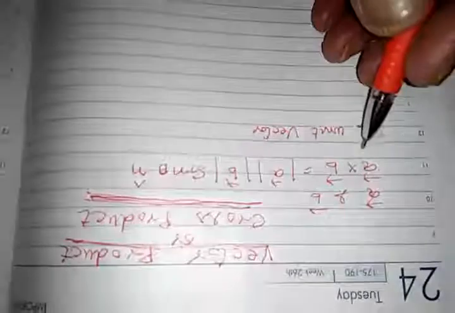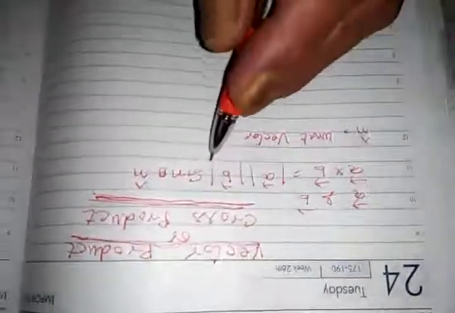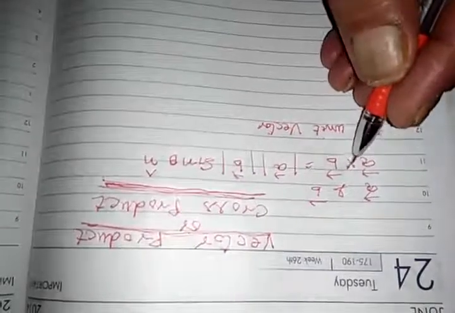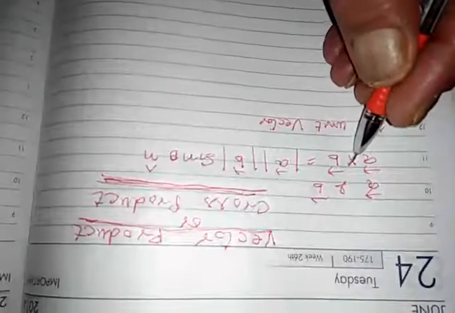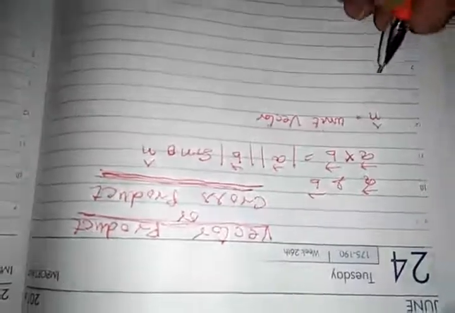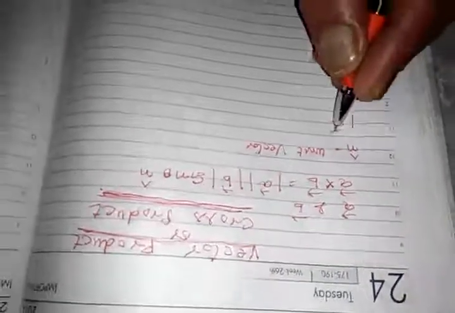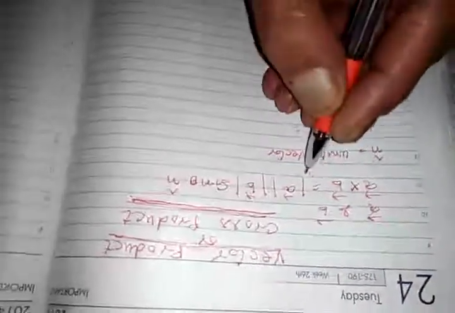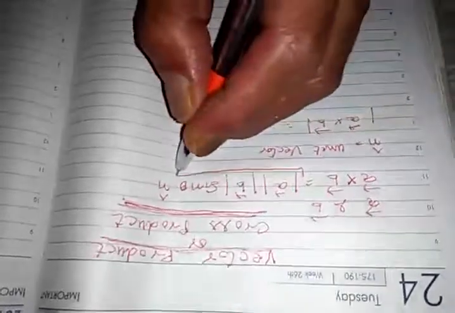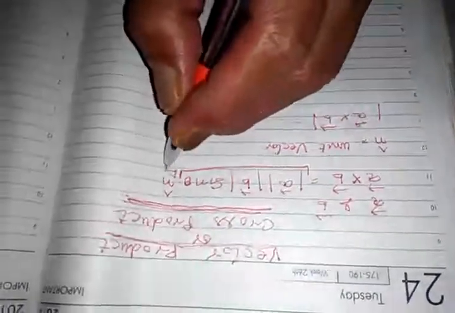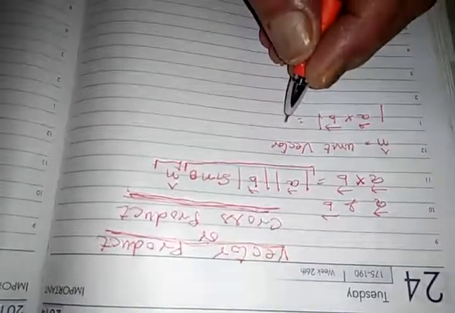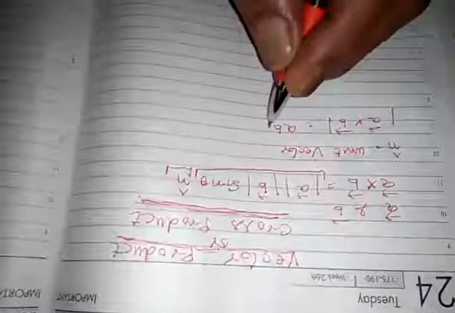So it is known as vector product because the resultant is a vector quantity. It is known as cross product because we are using here a cross instead of a dot. So what is the magnitude of this cross product A cross B? Magnitude of A cross B is equal to, दो पार्ट्स हैं, एक पार्ट जो है मैग्नीट्यूड है, और दूसरा पार्ट जो है यूनिट वेक्टर है। तो मैग्नीट्यूड है AB sin theta,